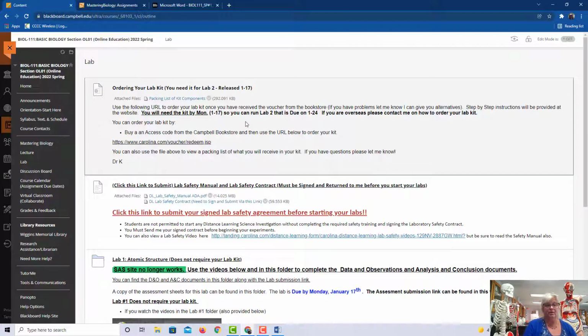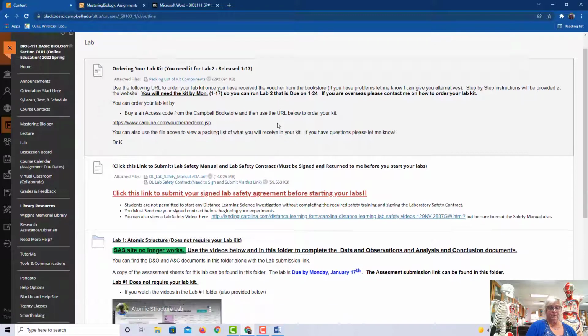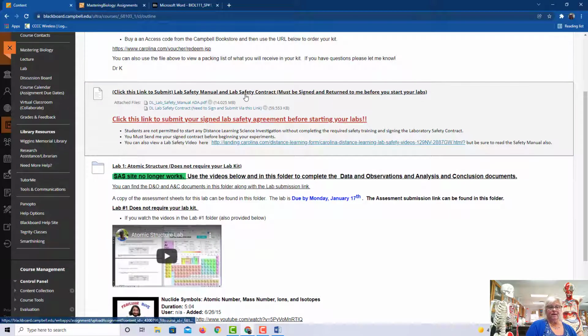You need to order your lab kit ASAP. You'll need it for lab 2. And that lab 2 is usually due the 3rd week of the class. And so if you can order it through the bookstore. If you have problems with what the bookstore gives you, shoot me an email and I can give you some alternatives for that. You need to complete your lab safety manual, lab safety contracts, submit them using this link,